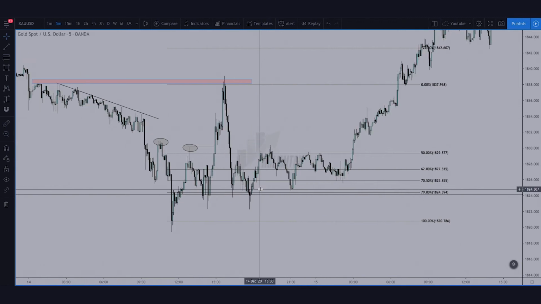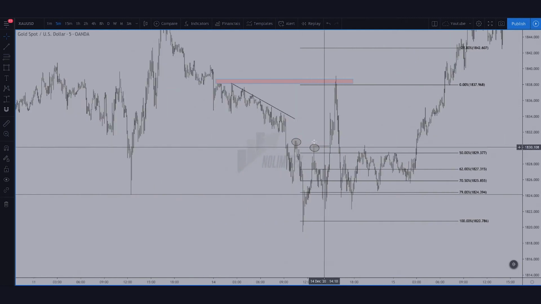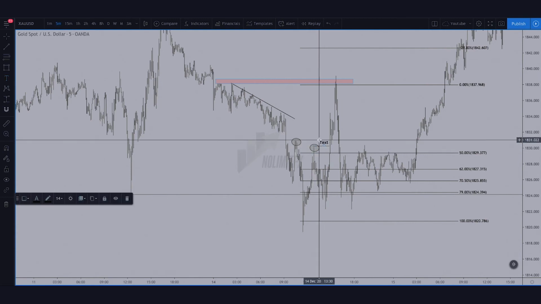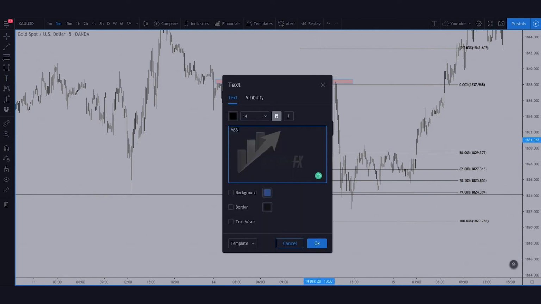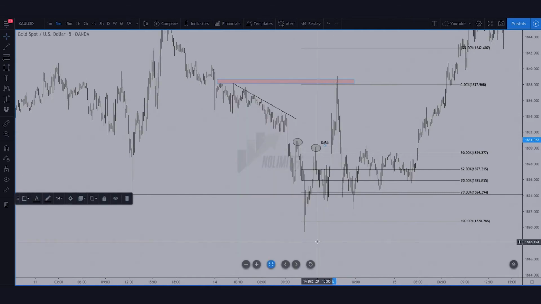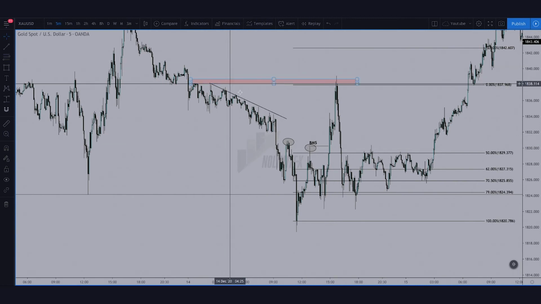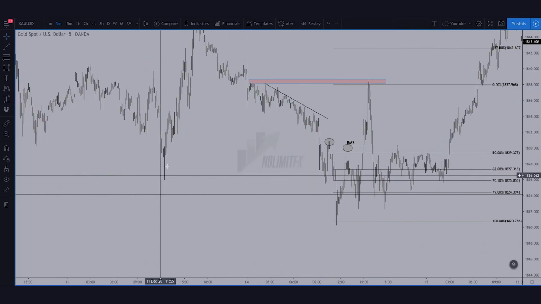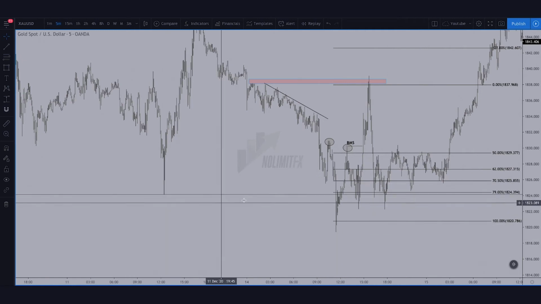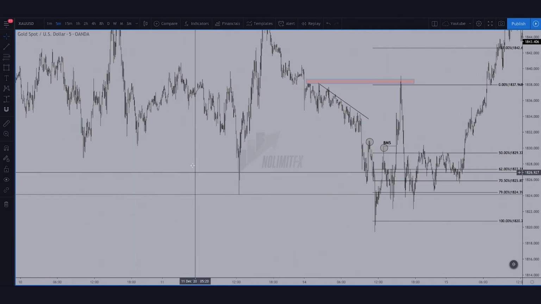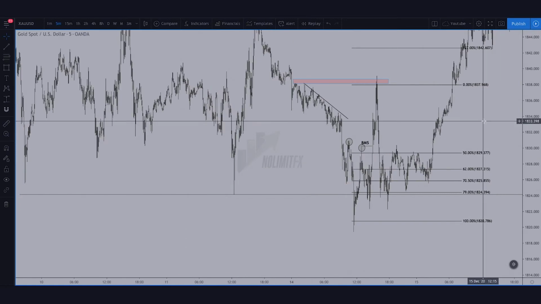It's that easy, guys. So break of structure, and that is what I call market structure break, or break of market structure. Here on the 5-minute, took out the liquidity, took out here downside the liquidity of the double bottom, and boom,